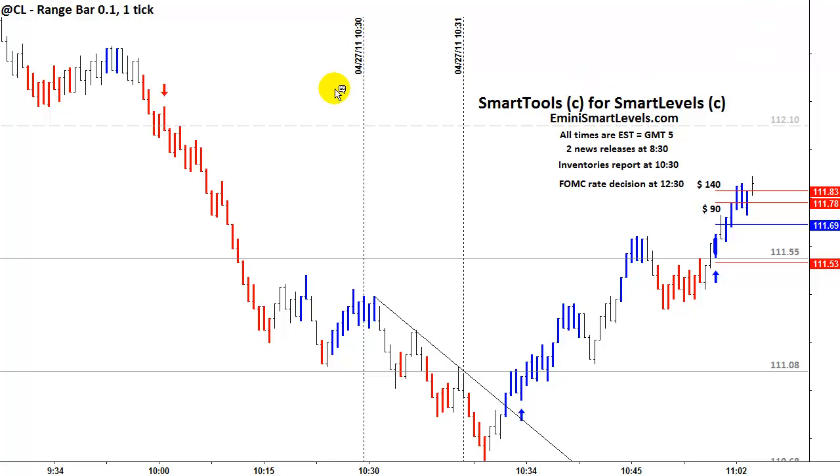Hello everyone, and welcome to this crude oil futures review using SmartTools for SmartLevels. The chart is a 0.1 range bar chart based on tick data, and I'm going to do this chart today